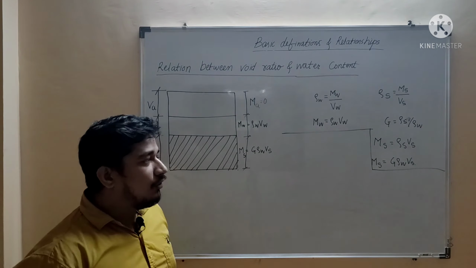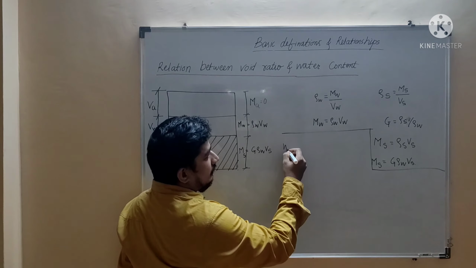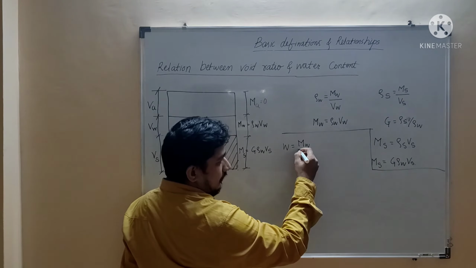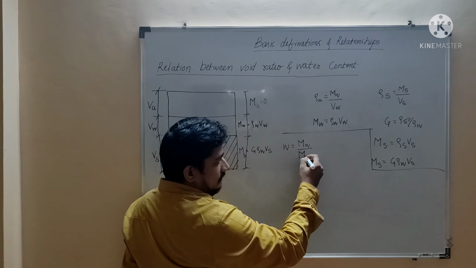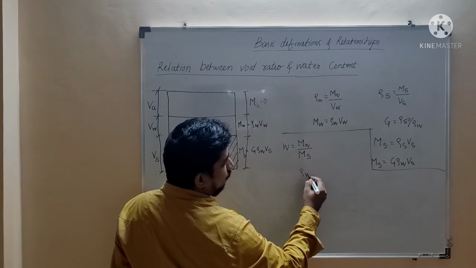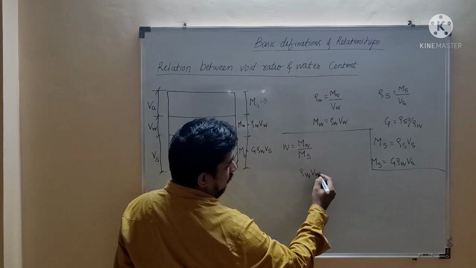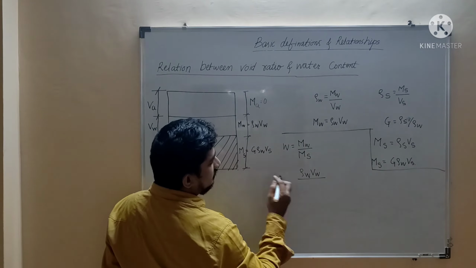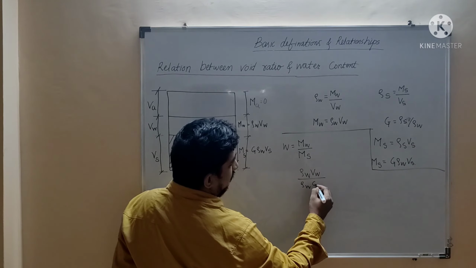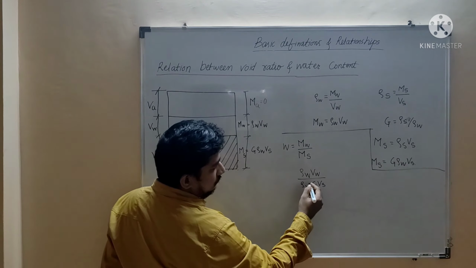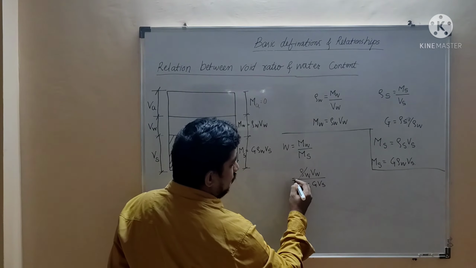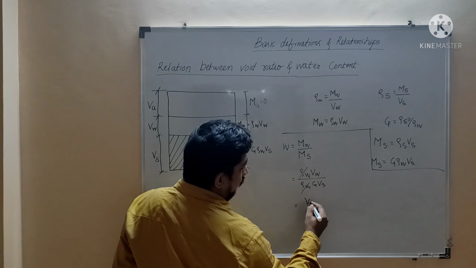What is water content? Water content is nothing but mass of water divided by mass of solids, isn't it? So mass of water is rho W into VW, and mass of solids is rho W into G multiplied by Vs. So this rho W and this rho W will get cancelled, and we will get VW